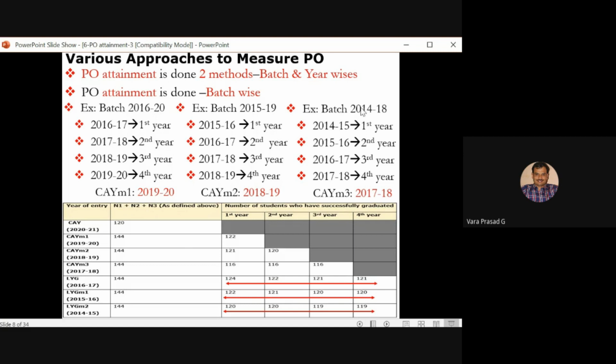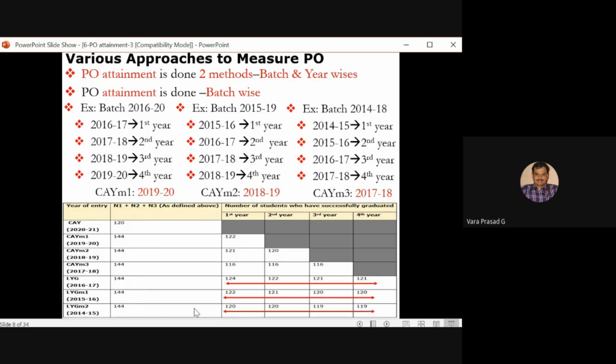Now, if you take the 2014 batch, you will get the degree in 2018, probably in March or April. So whenever you are doing the PO attainment value, we will take a particular batch: this is the 2016 batch, this is the 2015 admitted batch, the 2014 admitted batch, like that.